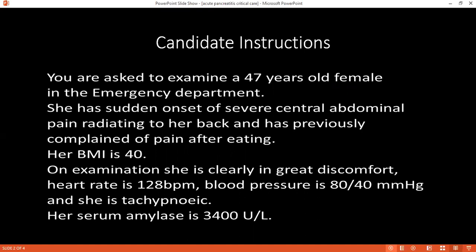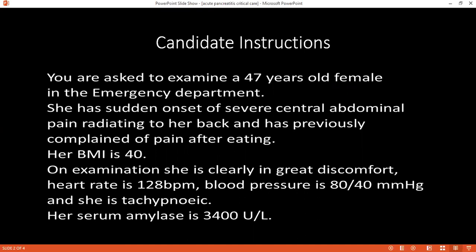If we just think of the provisional diagnosis that you are considering, what might be the causes behind it? The possible causes may be gallstone, maybe alcoholism, infection, trauma, and any post-operative procedure, if it has any iatrogenic cause.